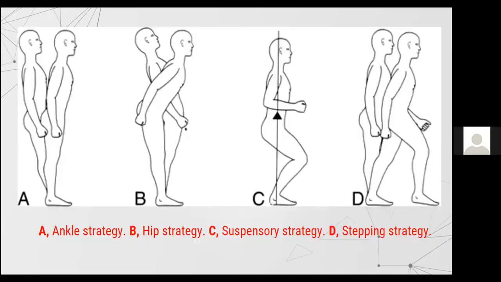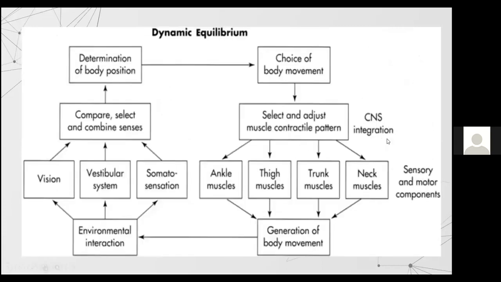So imagine, if you are a 15-year-old, this is all easy. But imagine what if you are 75 plus. Imagine what will be the difficulty level for a 75-year-old man. So the most common thing which we can actually understand is, the vestibular system should be intact, the visual system should be intact, the proprioception should be intact, and the muscle strength should be there. All the muscles which are controlling the ankle, the hips, the thighs, they have to be good. The strength should be better.